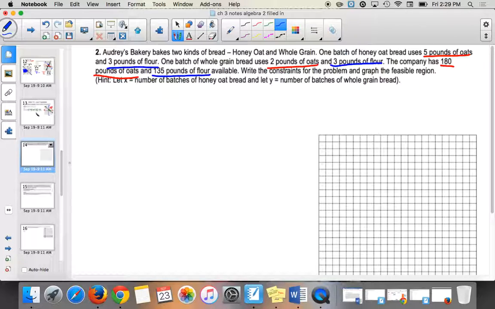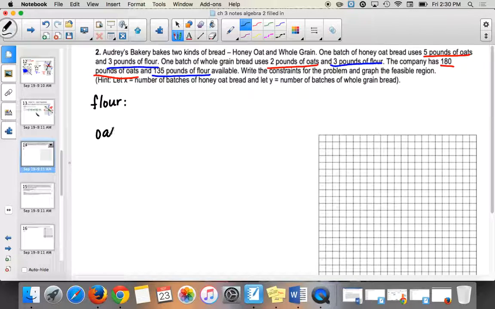So write the constraints for the problem and graph the feasible region. So we have x is our number of batches of honey oat bread, and y is going to be our number of batches of whole grain bread. Okay, so we want to think about what is limited in this problem. So we only have a certain amount of something. What do we have a certain amount of? Flour and oats. Okay, so we're going to start out with flour